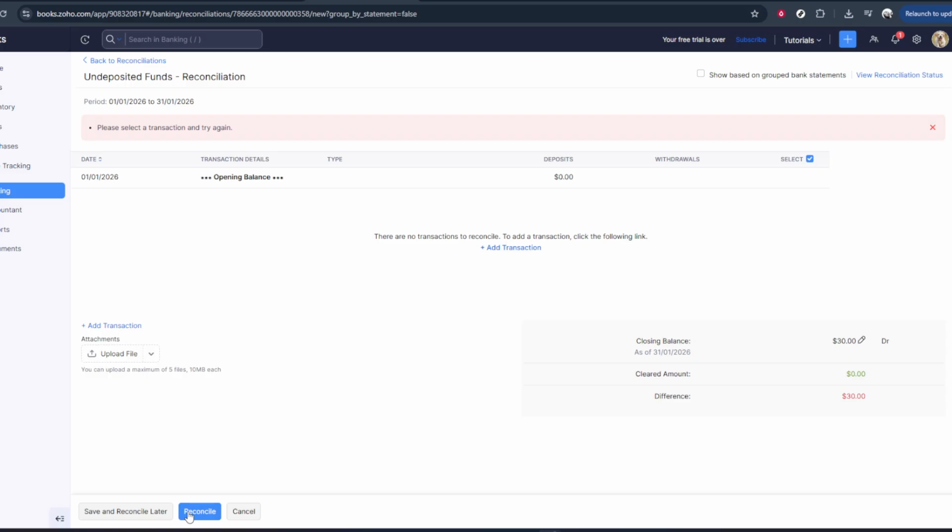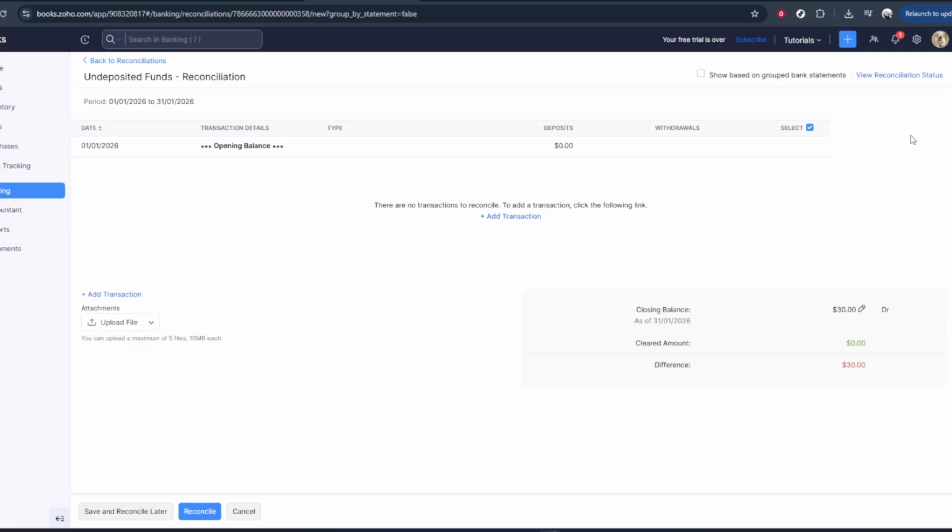Carefully enter the statement start date and end date, making sure these dates match the statement you received from your bank. Then type in the opening balance and closing balance exactly as they appear on the statement. Take your time here. Even a small typo can cause a difference later. If Zoho shows a different opening balance than your bank, that usually means a previous period wasn't reconciled correctly or a transaction